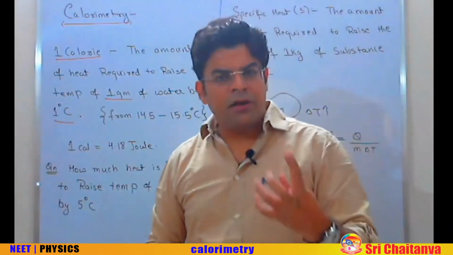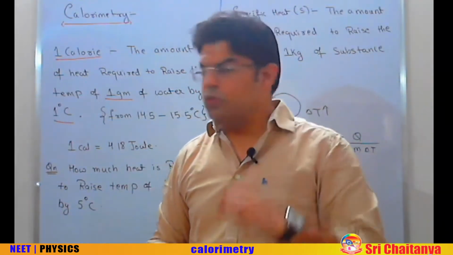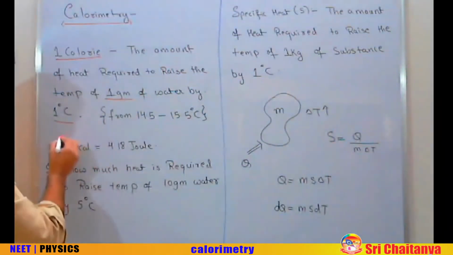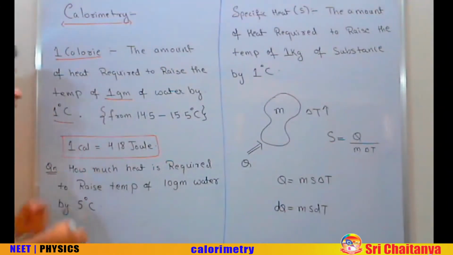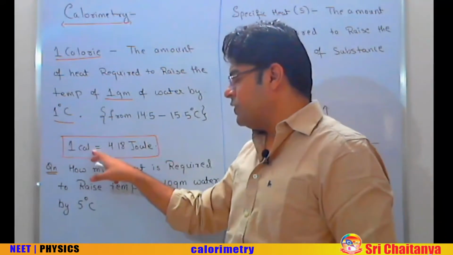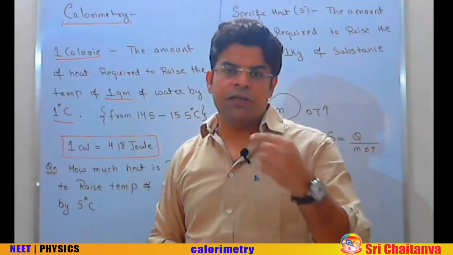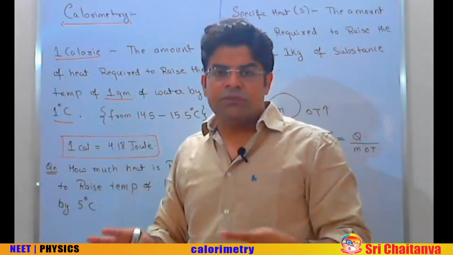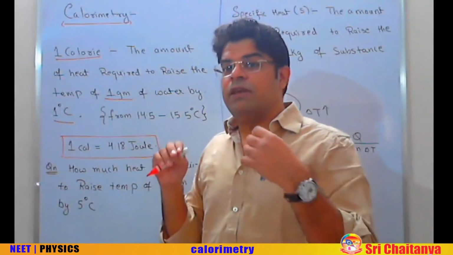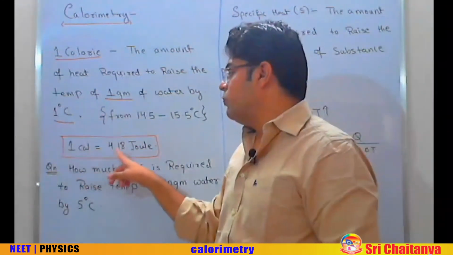Calorie is again a unit of energy. The SI unit of energy is joule. 1 calorie equals 4.18 joule. So look here and tell me which is a bigger unit of energy. Definitely calorie is a bigger unit than joule. The easy way to remember this is that human beings always report their energy consumption in calorie. They choose a bigger unit to express it so that when they consume more, they will report it as less. Okay, 1 calorie equals 4.18 joule.